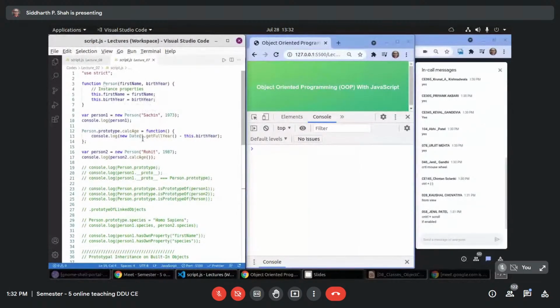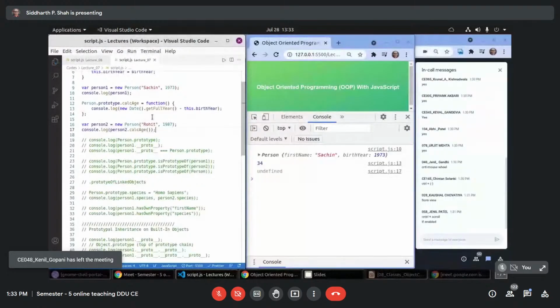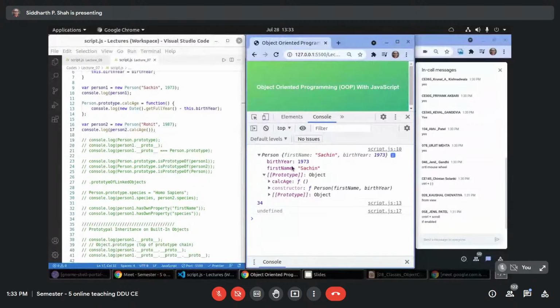So this is where we stopped, right? Now let us see a few outputs. Before that, let me just show this thing. When I print this, you can see that the person object does not contain calcAge, but it is part of the prototype of the person object.